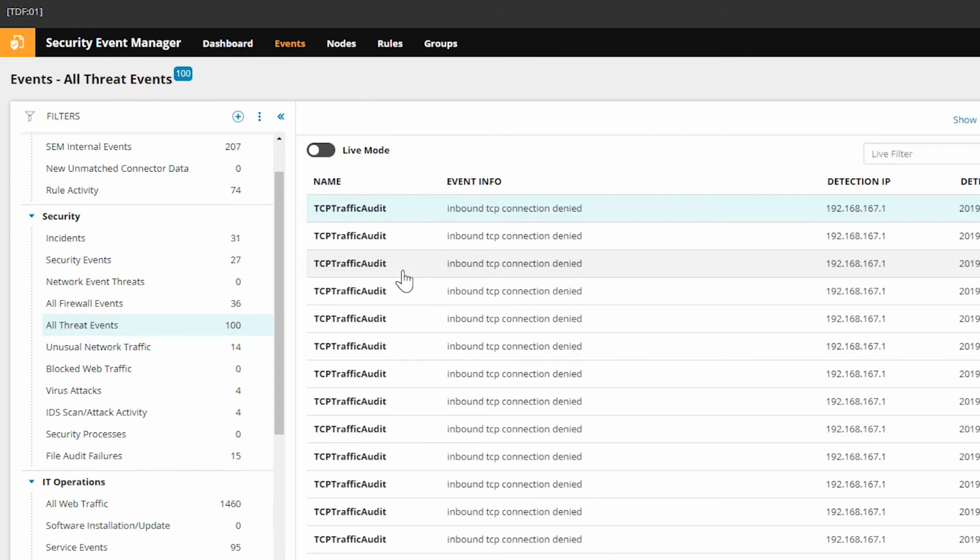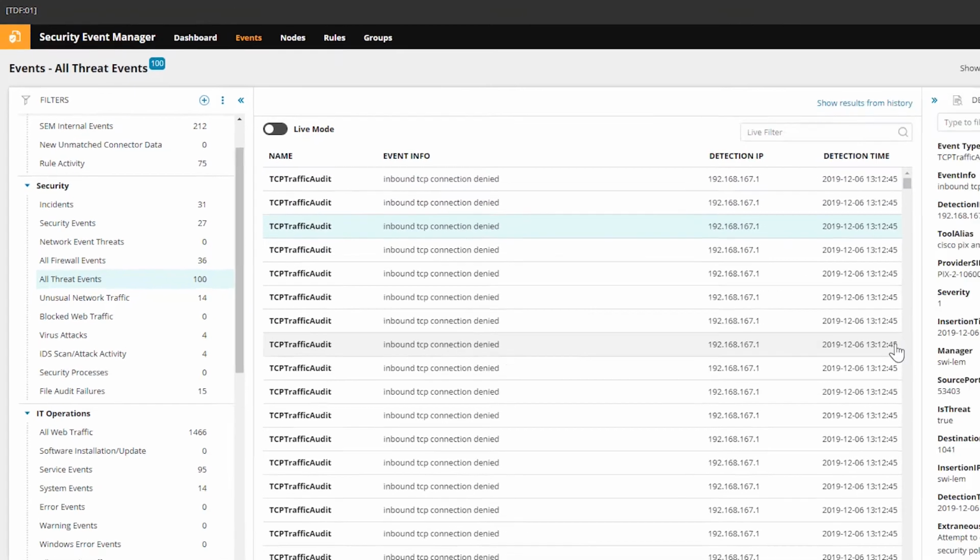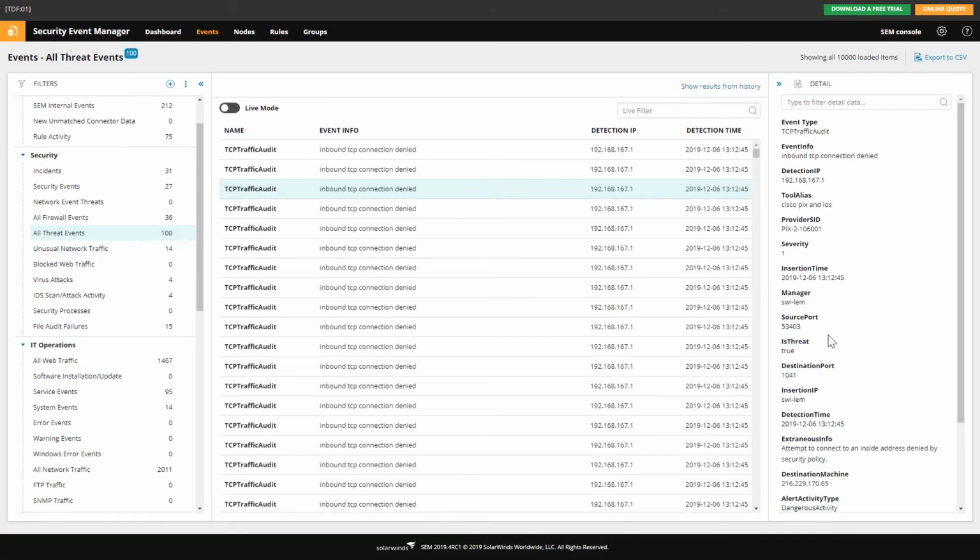Okay, so if I look at all threat events, I see we have a lot of TCP traffic audit events. If I click on any of these and look at the details, there is an isThreat field name, and it is marked as true. That is basically the condition that forces this event into this filter, this one field here.